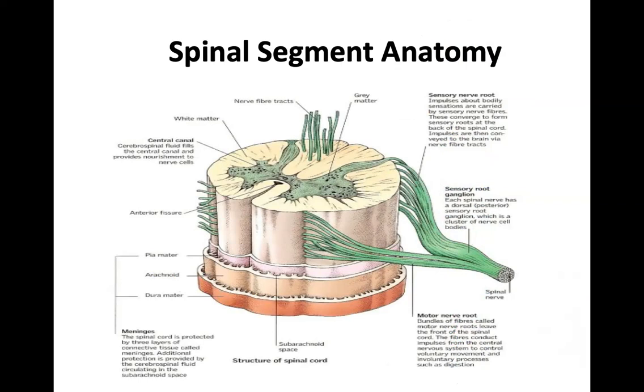It's going to go up to the brain and tell the brain something, and it's also going to come out the front part of the spinal cord to make the muscles move, okay? So the sensory nerve goes in and the motor nerve goes out. When you have compression on either the sensory side or the motor side, on the sensory side you're going to have pain, tingling, numbness. Motor, you can't use it, okay?